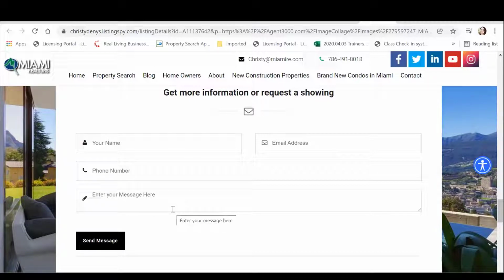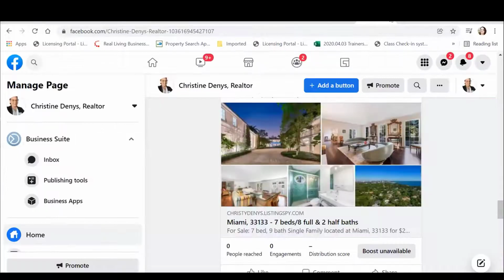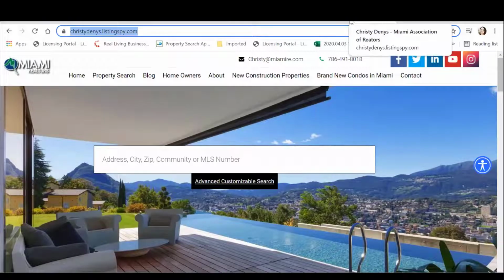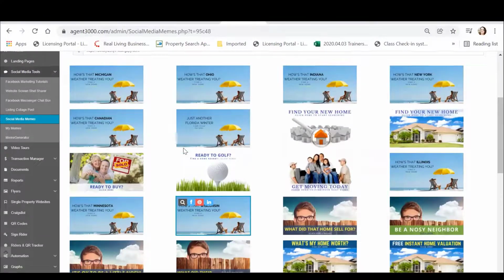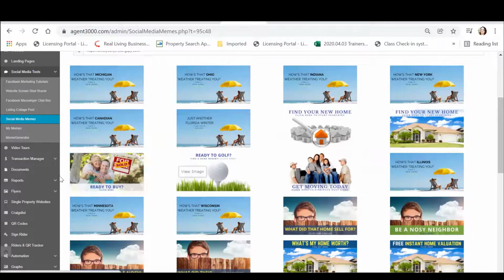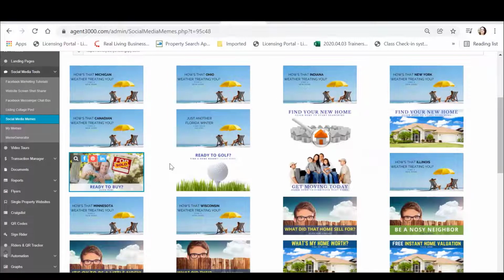So both tools have options for you, right? And both of them can lead them off social media and into a more professional place. Moving away from here and back into Agent 3000, this is called your memes. Now, let's say you're like, Christy, I don't know about these memes. I think I can do better. If you can do better, there's a place for you to customize your own. So if you tap on meme generator,